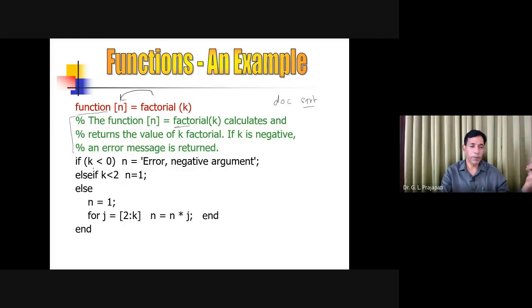So see, if k is less than 0, it means you are not going to find any factorial value, so you can generate the error. So this is the string. n will take, so this is the variable. What value can you assign? Remember that I told you that within the body of the function, one statement must be of the form variable name equal to some expression. Here you have the expression,